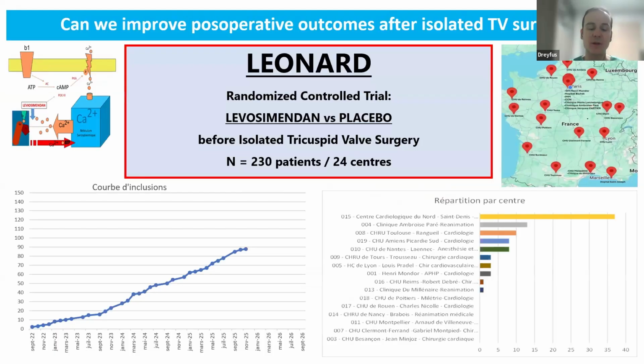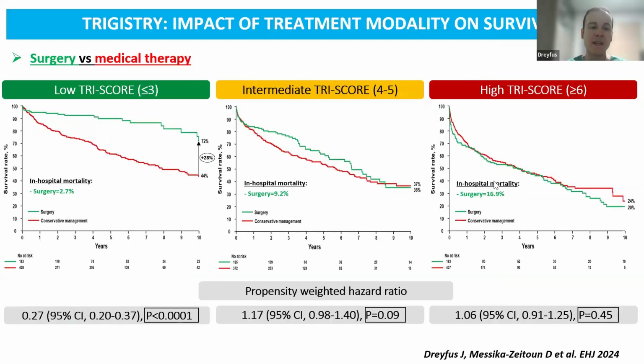And that's why I currently have the pleasure to chair a randomized controlled study comparing levosimendan versus placebo before isolated tricuspid surgery, and we will see if proposing this treatment may decrease the surgical risk. If we now look at survival at 10 years between surgery versus medical therapy according to TriScore category, you can